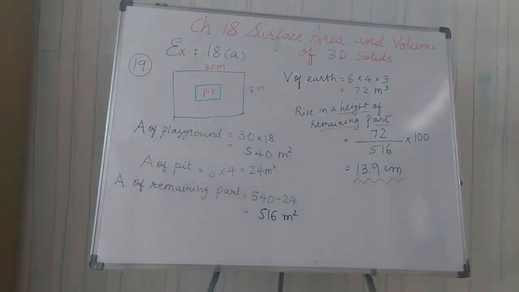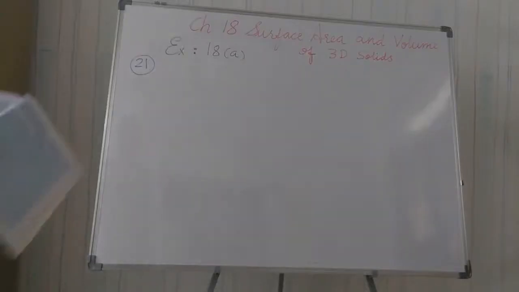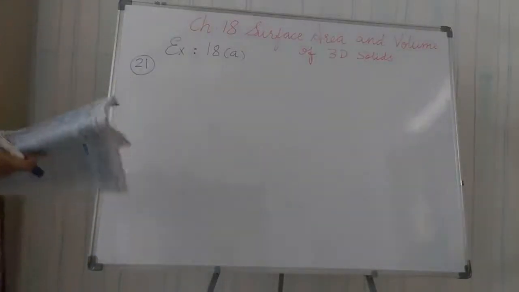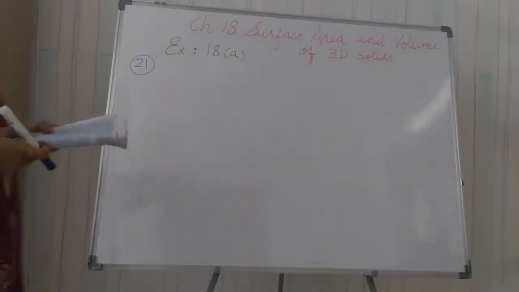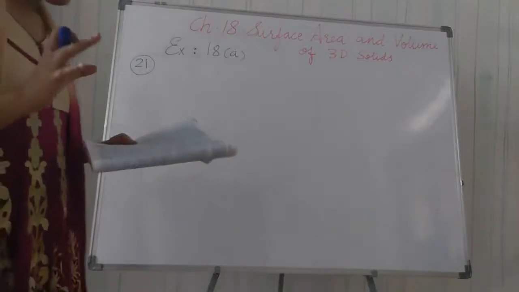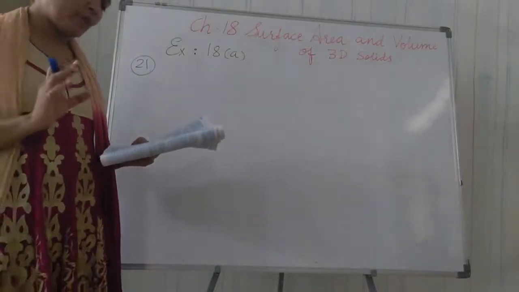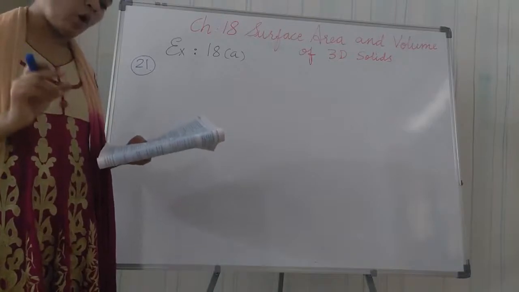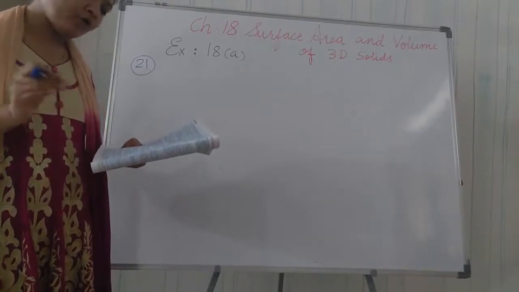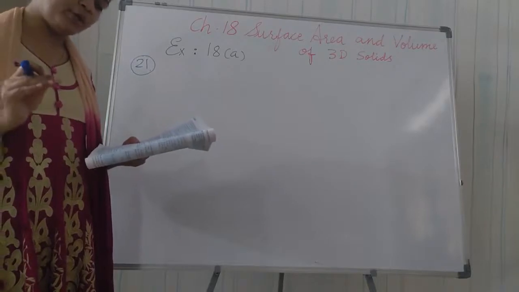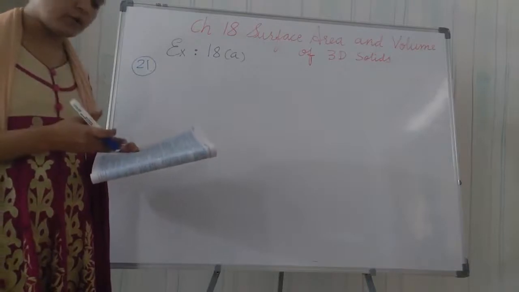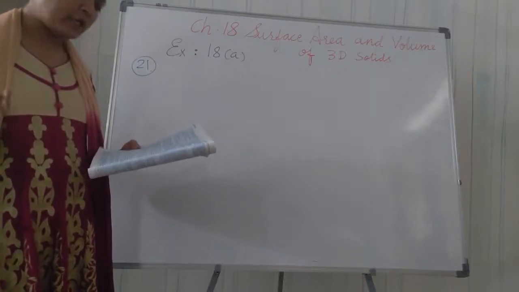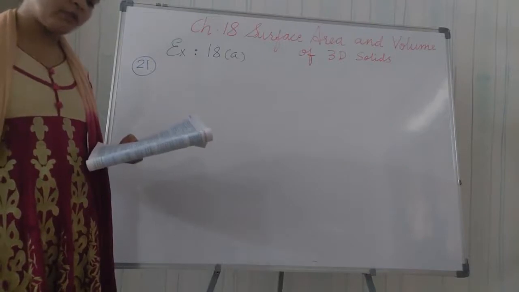So I think all of you understand this question number 19 solution. Now let us start with question number 21. Question 21 is, a certain quality of wood costs rupees 250 per meter cube. So this is the cost of wood given to us, and a solid cubical block of such wood is bought for rupees 182.25. So one block we have purchased of the same quality of wood. Now calculate the volume of the block.